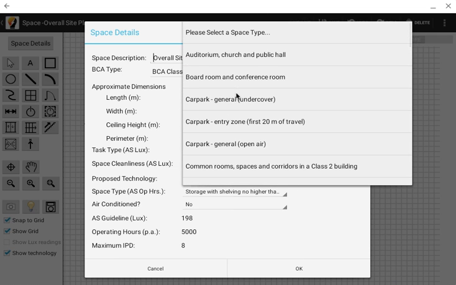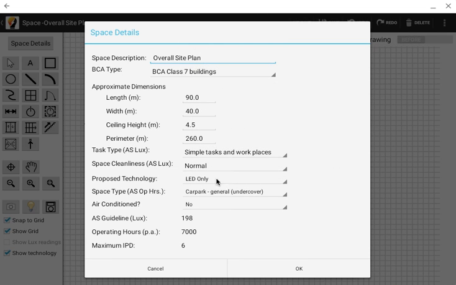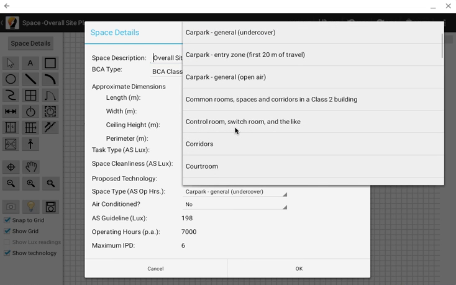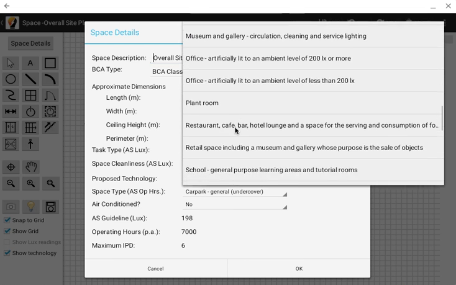So for example, an undercover car park, 7,000 hours. Even though you've picked a storage building class, for example, if there was a chemical storage company and underneath there was a car park, for the car park you can claim 7,000 hours even if it is a BCA class 7. So for this case we're going to choose storage